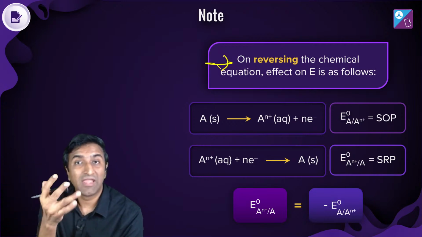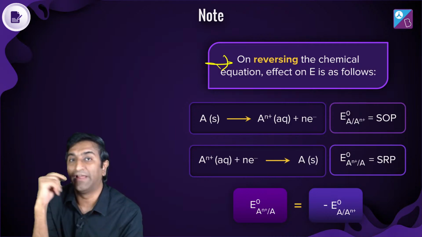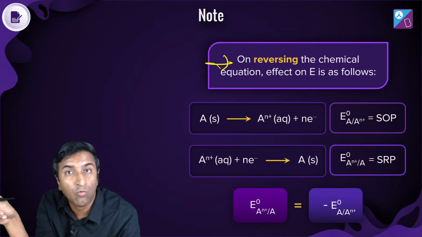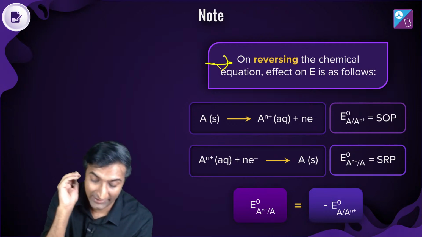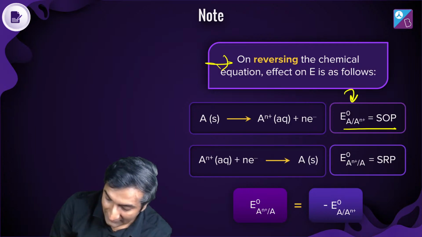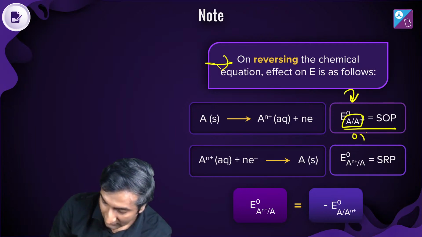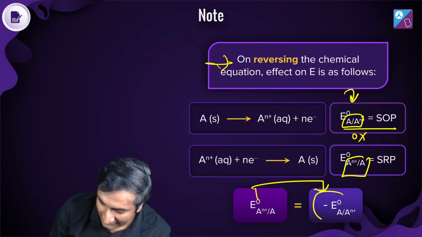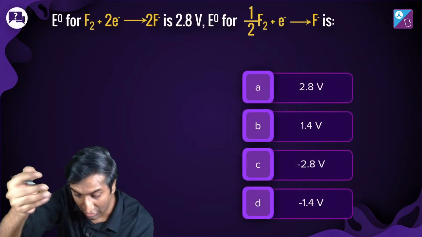So, if E naught cell is, say, negative 1.5, then I have to provide a potential difference of at least 1.5 or more to make that reaction happen. NCERT also gives this in detail. Anyway, here you go. If I write this down this way, this is oxidation. If I reverse it, it becomes reduction. And the relationship between both of them is that one is the negative of the other. That's what I was saying. Okay, one more question.